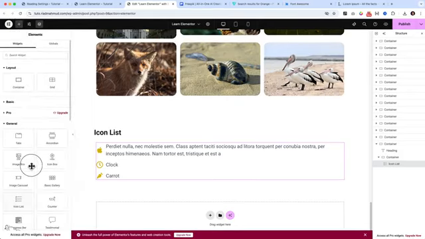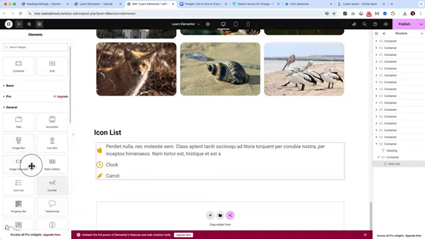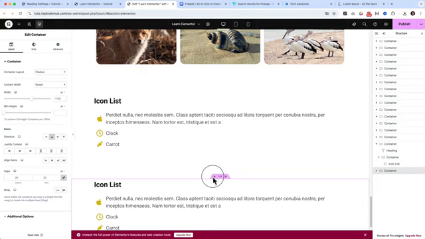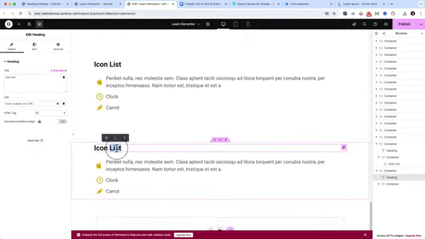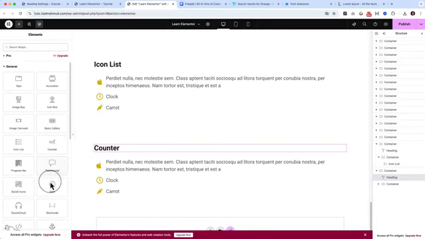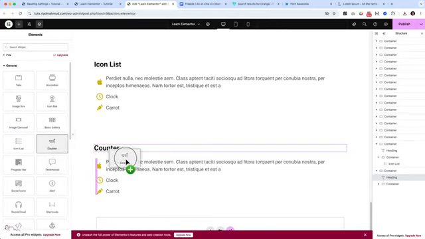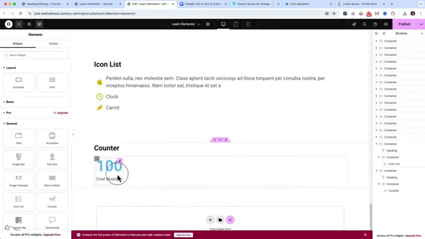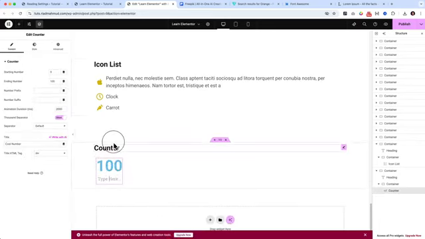Now it's time to understand the counter. Let's duplicate these items and type here counter widget, or we can just call it counter. Click on this plus icon, scroll down, and here you can see the counter widget. You simply have to drag and drop it here. That's it. And I'm going to remove the previous one. And for the counter widget, let's add our total